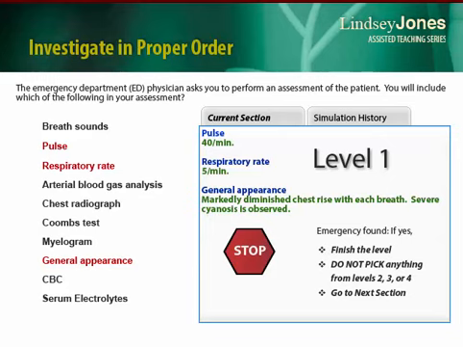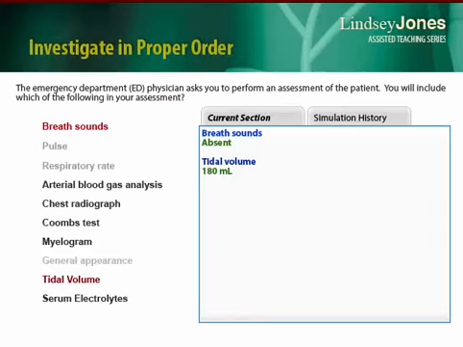That means we would not go to level 2. Even things like breath sounds or simple things that are found in level 2, we're not going to do that. We're not going to reach for a stethoscope when we really need a resuscitator bag. Now, as we look at another situation, remember this was level 1, but as we proceed, we might find out